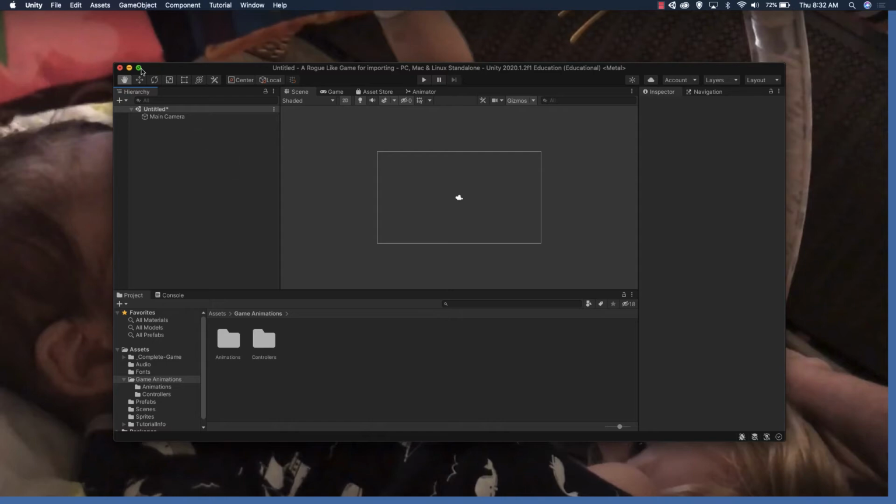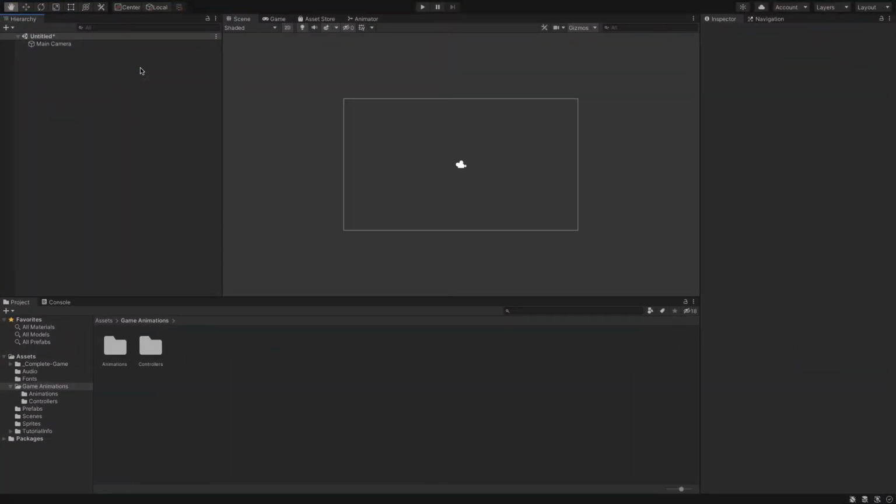Good day, folks. Last time we ended by creating our player object and adding some animations to it. So the last time we worked together, we created the player prefab. Well, hey, what's a game with just a player? Not a very fun one. So in this one, we're going to be creating the enemy 1 and enemy 2 objects and adding animations